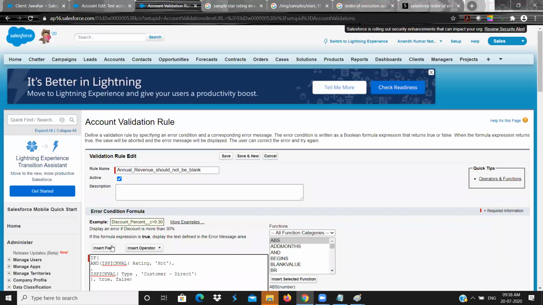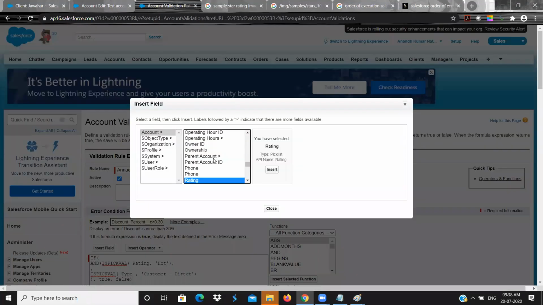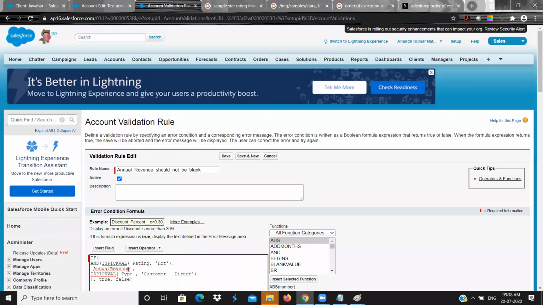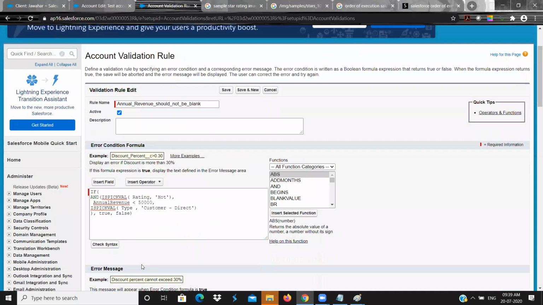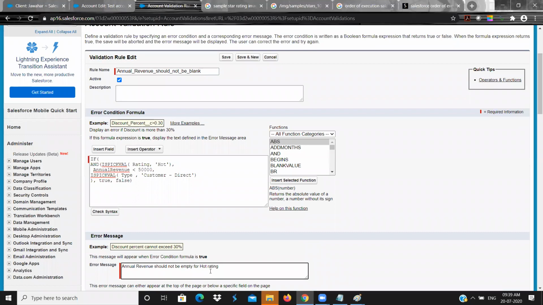Instead of typing the field, it is good to take the field from here, because we don't know the API name properly. Annual revenue less than 50,000. Like that I can give a condition, then it will work. If I give a value less than 50,000, or if I give an empty value, it will throw the error. You can modify the error message like not empty and not less than 50,000.